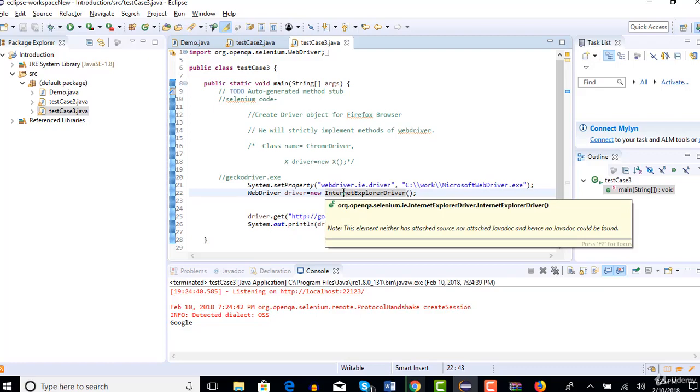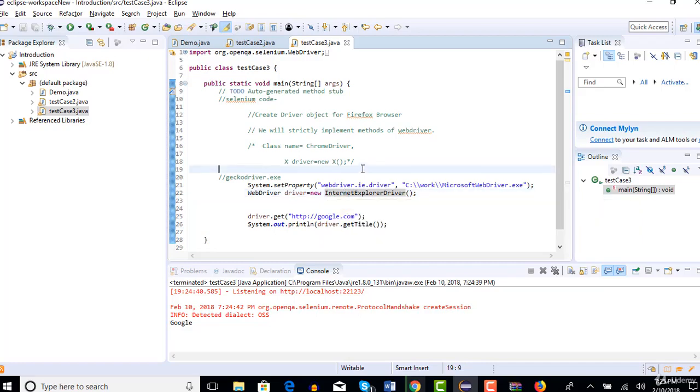In the next lecture, I'm going to talk about some troubleshooting tips, because you might see some errors when you run this for the first time. I know what the common errors are that people face when they try to run this code, I mean step one, like executing the browser. I'm going to show you what those errors are and what you need to take care of to solve them. We'll see that in the next lecture.